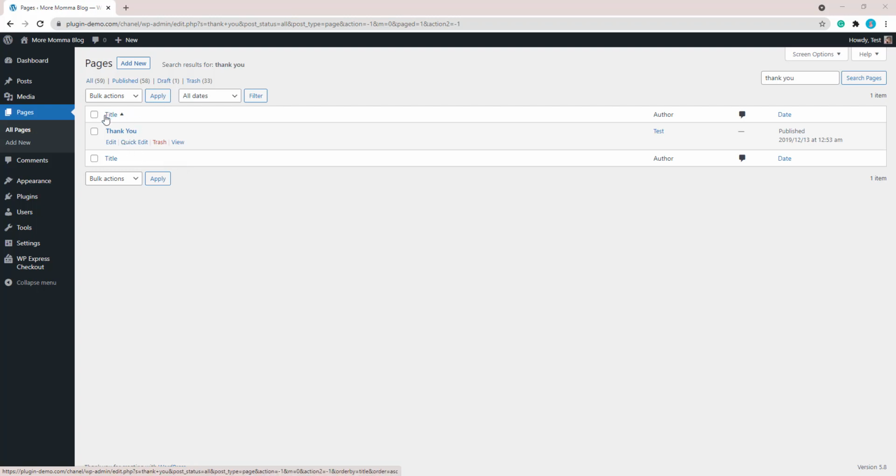So you can find and edit this page by going to your Pages, All Pages menu from your WordPress dashboard, and then in the search pages, just type thank and then space and you. Make sure you leave that space so the page can be easily found. As you can see, there's only one thank you page on my WordPress website. So if I click the edit button for that page,